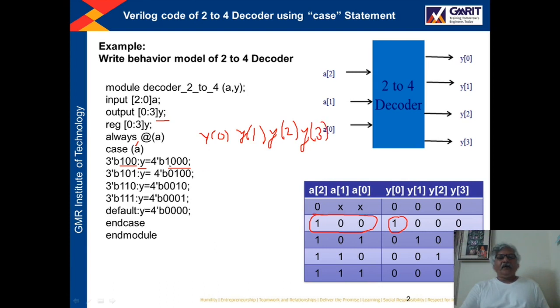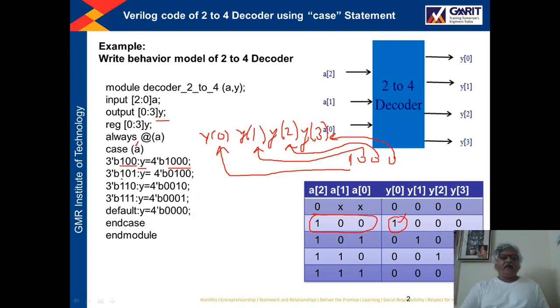And what value are we assigning? 1, 0, 0, 0 is assigned to Y. This means this MSB value will go to Y0, then this value 0 will go to Y1. So in the same sequence, these values will be assigned to the output. Right? This 0 will go to Y3. So Y0 will be 1 and the remaining 3 will be 0.